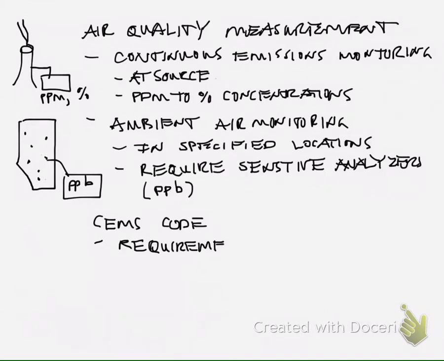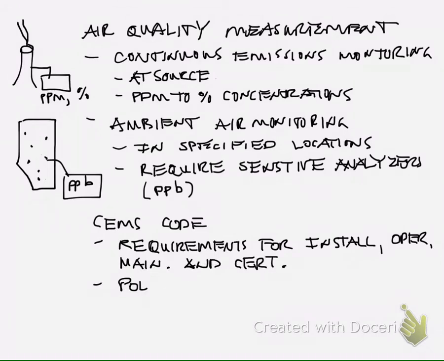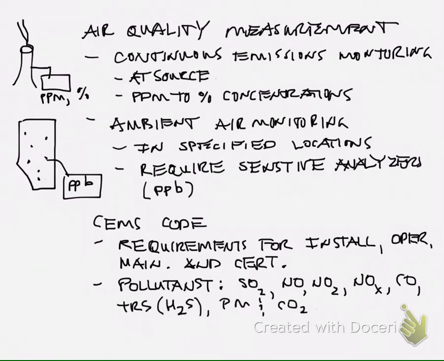The CEMS code, which stands for Continuous Emissions Monitoring System, outlines the requirements for installation, operation, maintenance, and certification of analyzers that are doing continuous emissions monitoring right at the source. So how that all plays out, this code is going to specify that. It also specifies how to monitor for the pollutants at the stack, and the ones that are specified in the